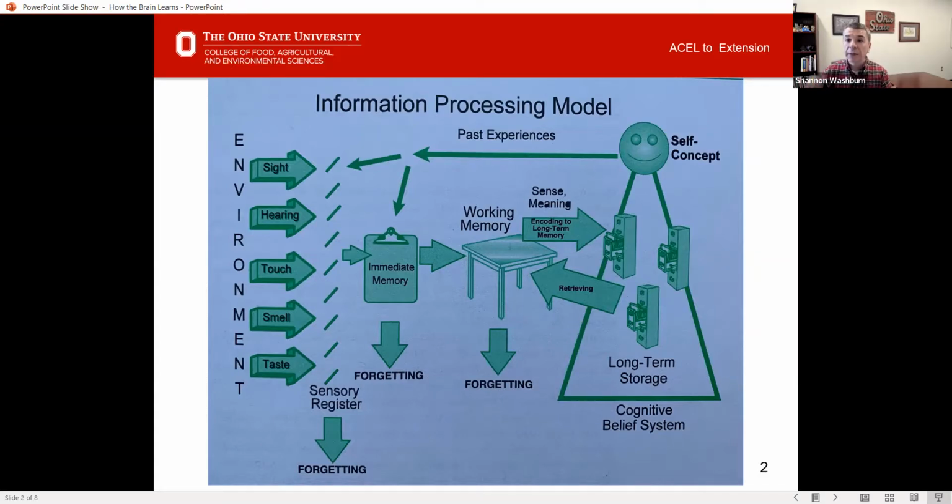Distractions in their life, lack of prior experiences with the content you're presenting and the inability to make connections to it. And this notion up here in the top right corner of the image, your learner's self-concept, okay? Some of us believe that we can't possibly, whatever. I can't possibly become a better teacher. I can't possibly learn math. I can't possibly learn to cook in a certain way. Whatever it is, we have self-concepts that limit our ability to learn, and that's an important thing to recognize about all of our learners. But the big idea with this, well, let me stop there